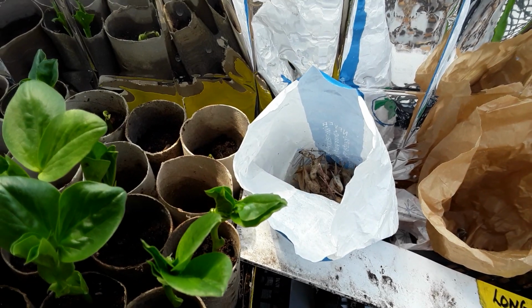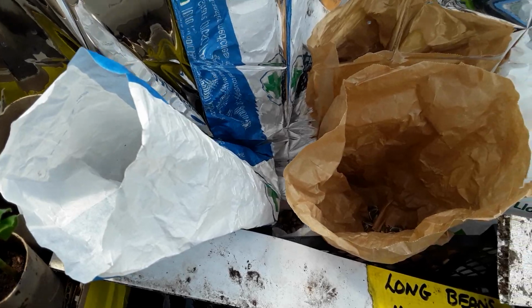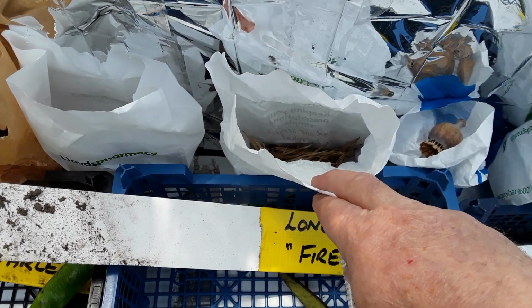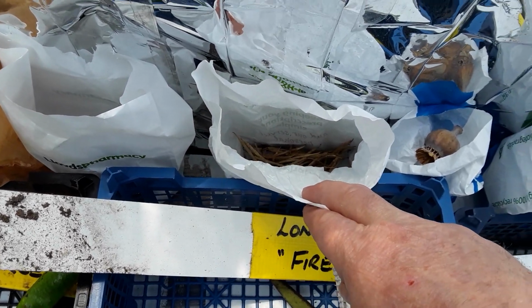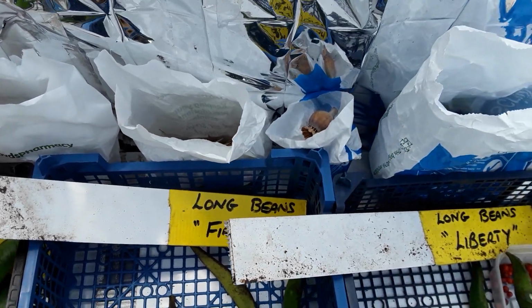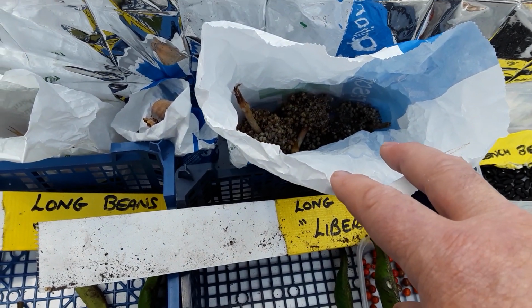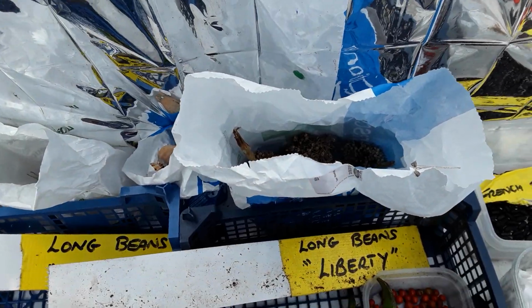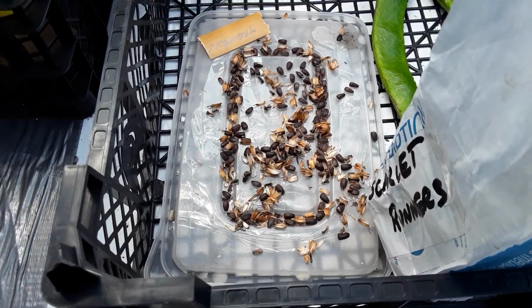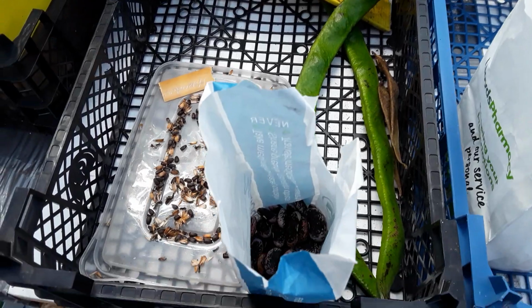So there we've got the radish seeds we saved, some sunflower there, more sunflowers. There's the swede seeds. Poppies, they've got to be spread out onto the wildflower garden fairly soon. Some of the leek onion heads, they all got mixed up, so we'll end up seeing what we've got there. They're the harlequin sunflowers, and then we've got the starlet long beans,